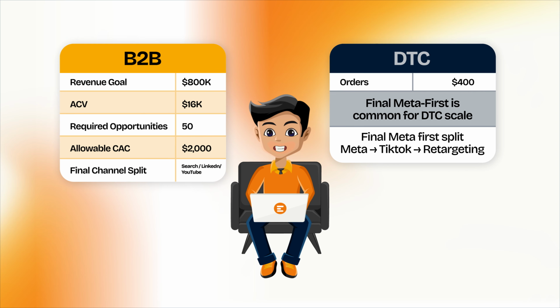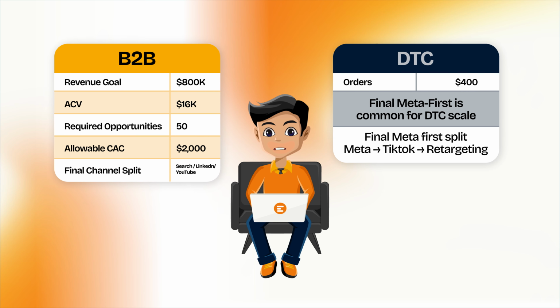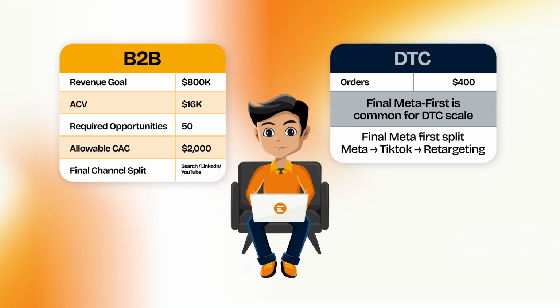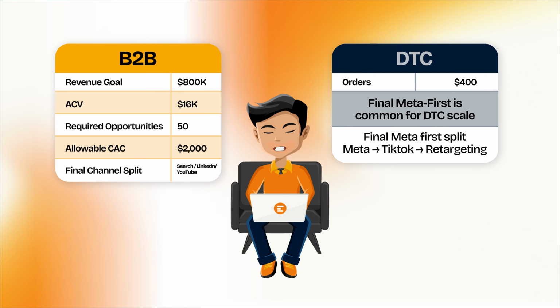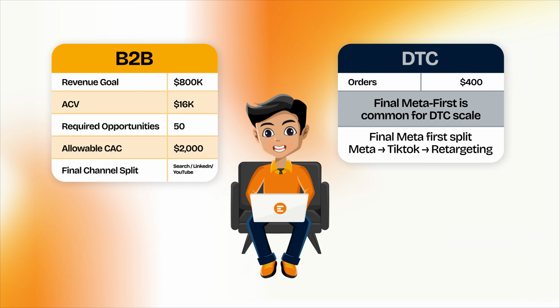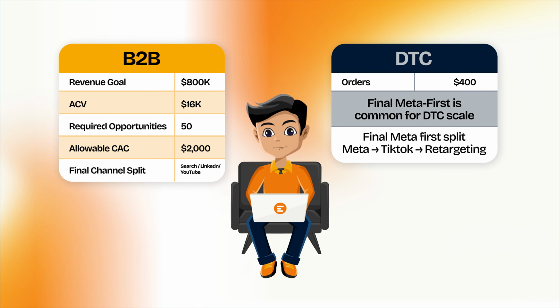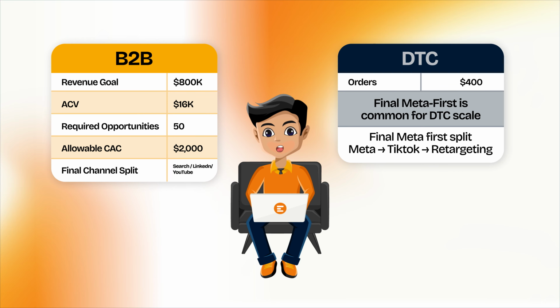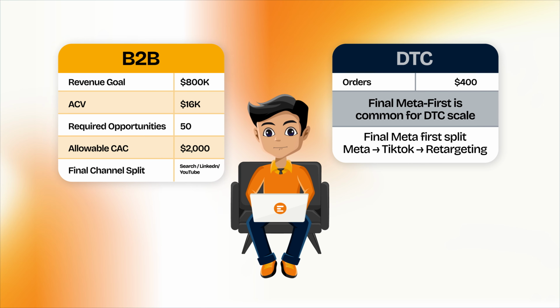LTV equals $36,000. Allowable CAC, LTV divided by 3, equals $12,000. Payback rule, less than or equal to 9 months on 70% margin. Allowable CAC approximately equals $7,500. Use $7,500. Acquisition budget equals 25 customers times $7,500 equals